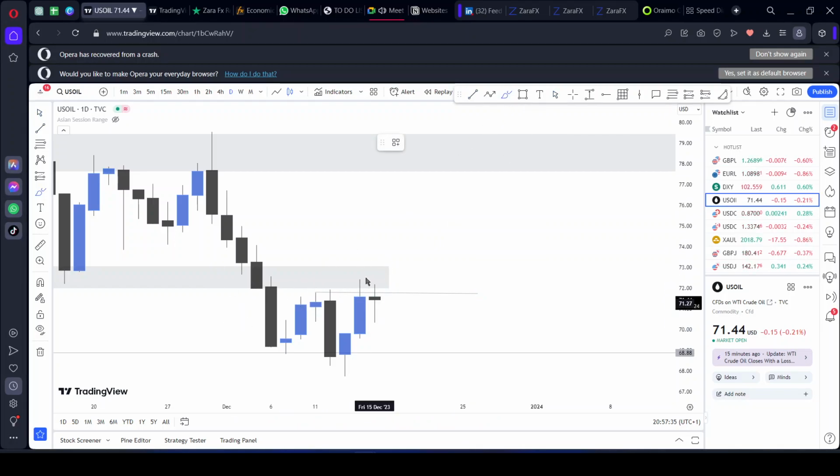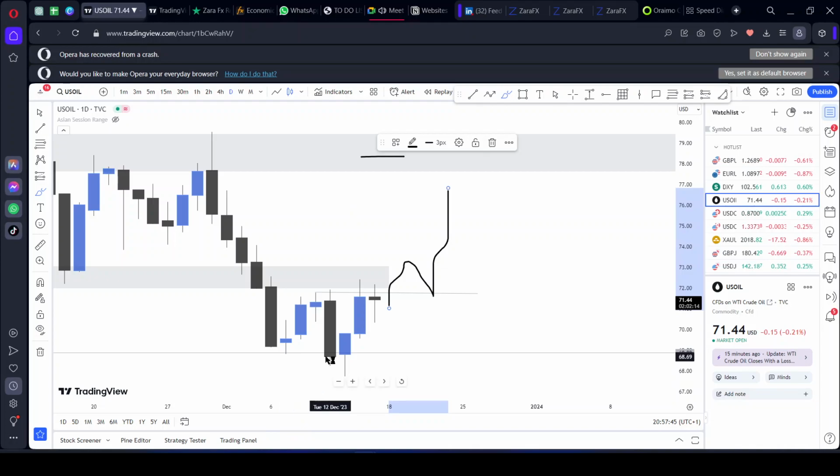So the only time I would have a buy bias back to this zone that we've marked up is if price breaks above this daily high. Upon the retest, boom, to the upside. So with that in mind, I was looking